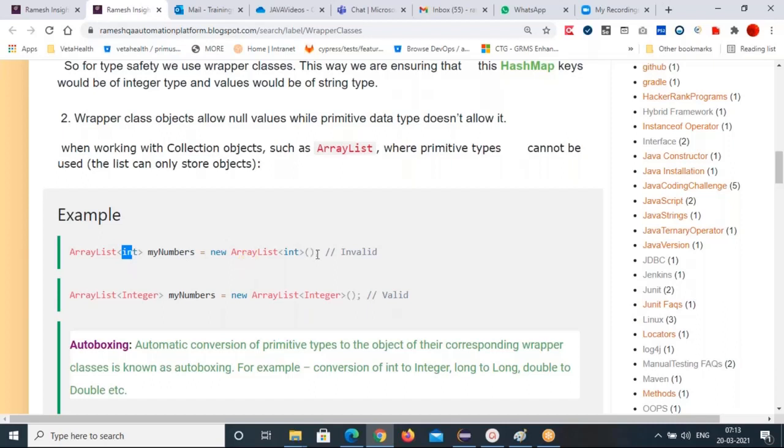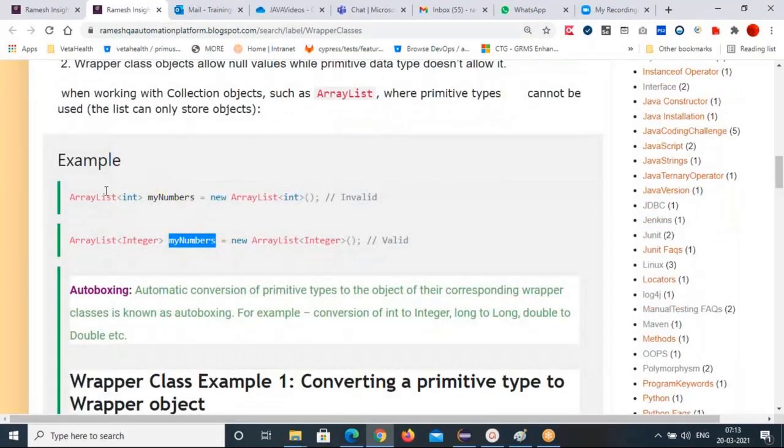It's not the correct format, because collections don't support primitive data; collections support only objects, which you can define with wrapper classes. That's why this is the Integer wrapper class. I'm specifying all my numbers are in object format. Those are Integer wrapper objects. That's the main difference you can understand here.